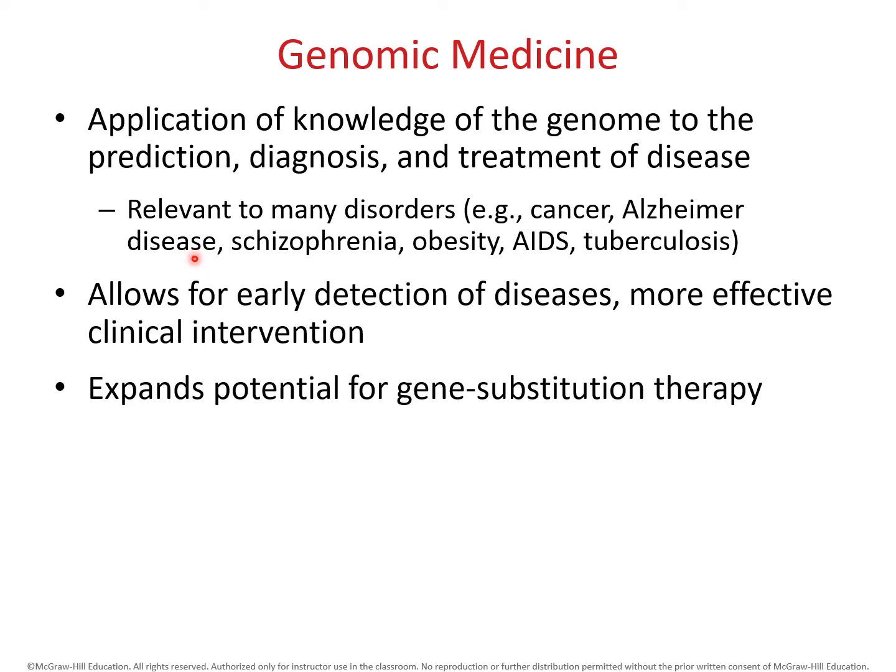Alzheimer's disease, there is some genetic basis for that. I think it's only like 40-something to 50 percent. So if a parent has Alzheimer's, maybe their child has a 40 to 50% chance of also getting it. Schizophrenia, similar situation. Obesity, there is some evidence to suggest that there is a genetic component to obesity. AIDS, I would say with that, if you're pregnant and you have a baby, then probably that baby's going to get AIDS. But as far as the genetic basis for this, that's really all there is to it as far as I know.